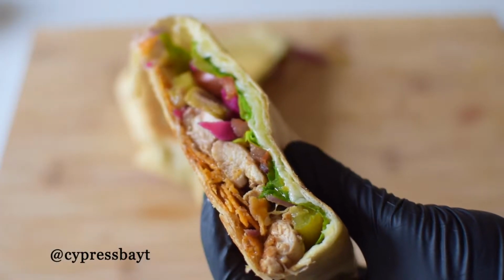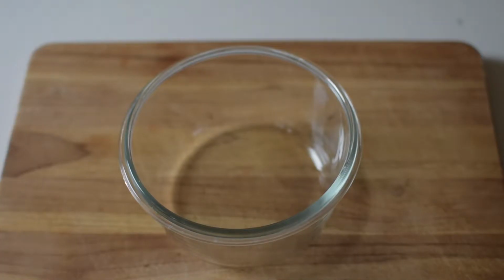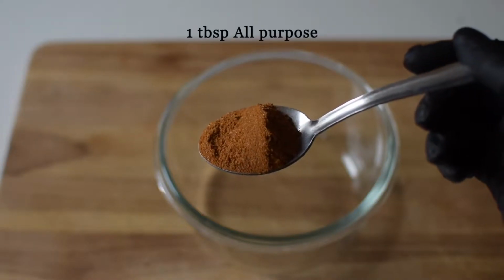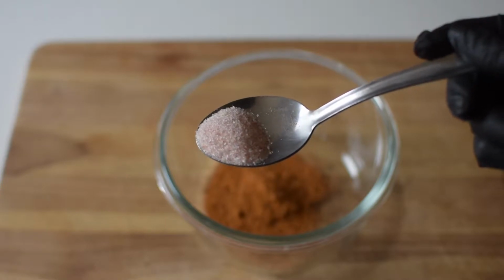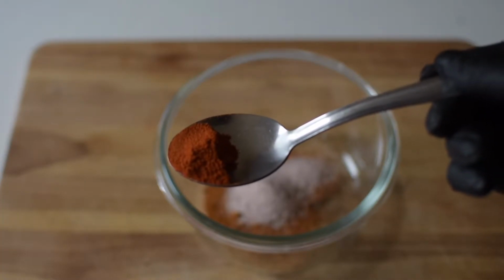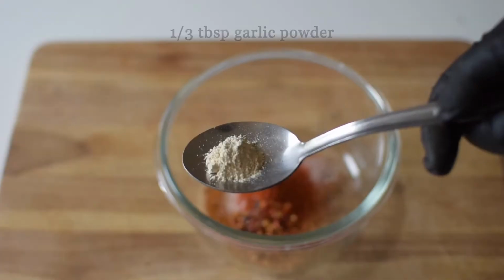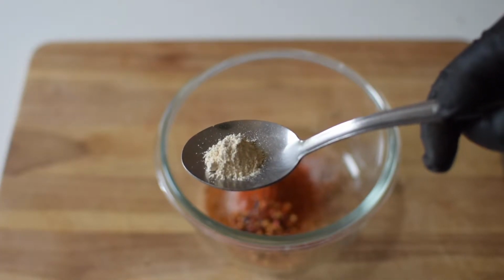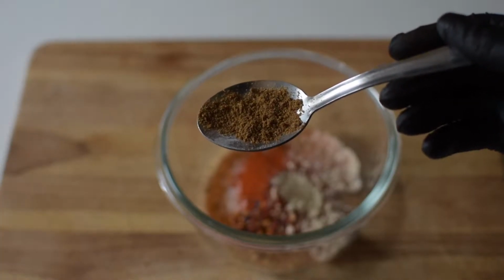Today I'm going to be showing you how to make this simple, easy, delicious crunch wrap using Doritos. So first I'm going to make the marinade for the chicken thighs. I've got some all-purpose, some salt, some paprika, some crushed chilies, this is for spice, some garlic powder, cumin powder, black pepper,